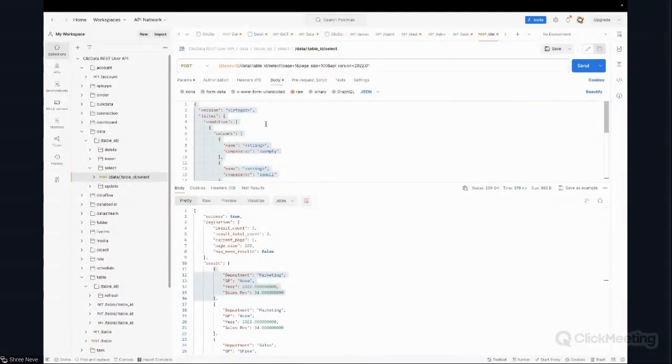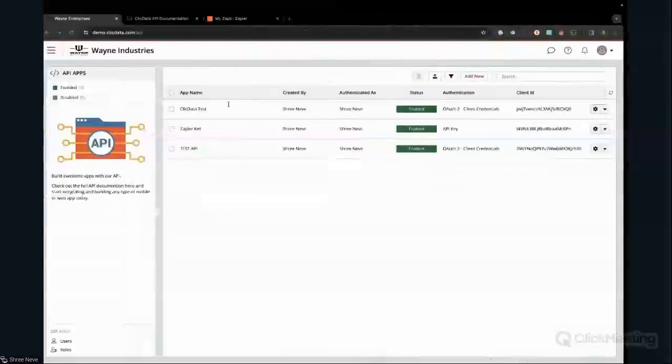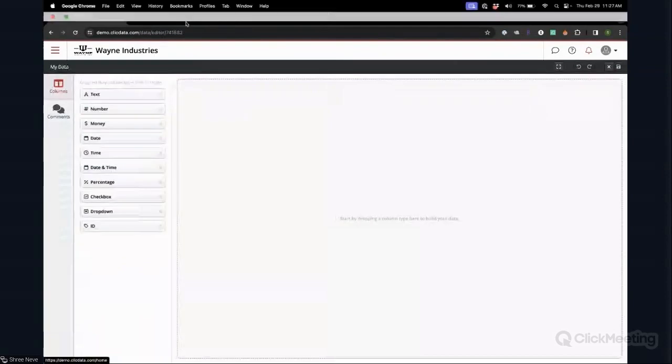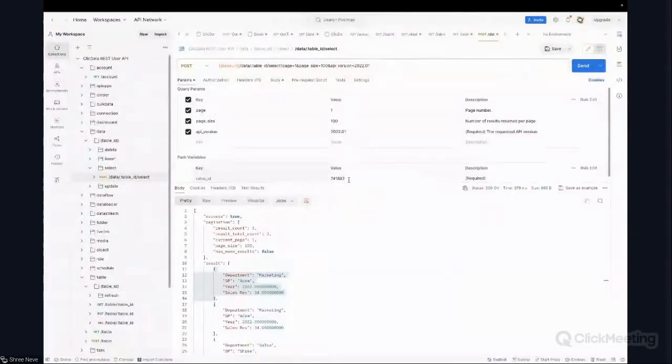The select endpoint allows you to see the data that is contained in a particular table. It does require some parameters, like the table ID that you want the information populated for. So I'm going to go ahead and get a table ID. This is the table that I would like my information to be populated for. I get the table ID from the top. Once I put this table ID here and I click send,